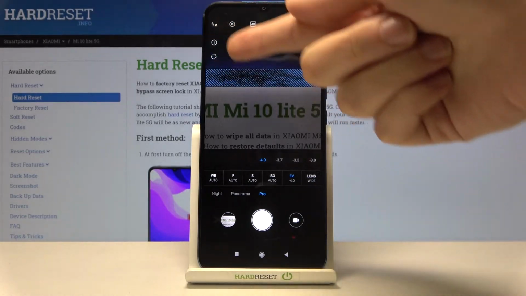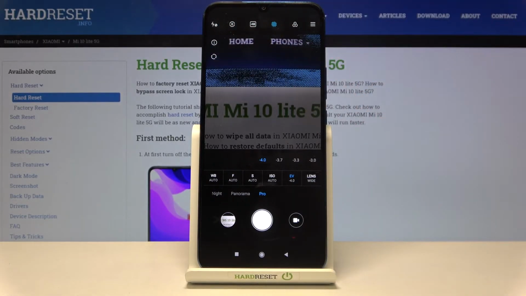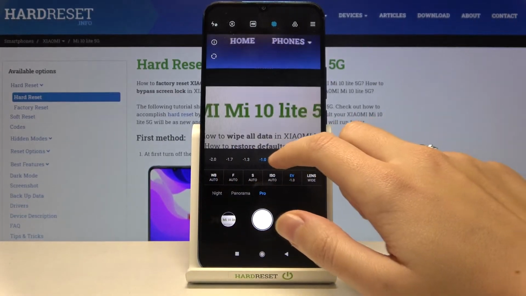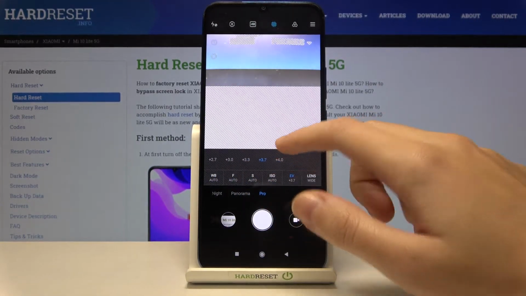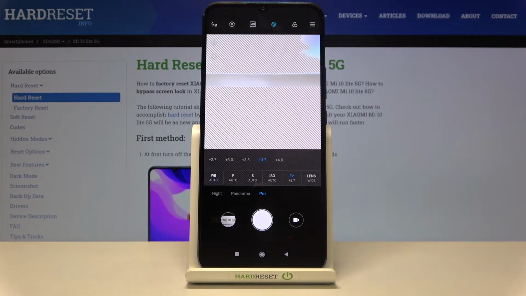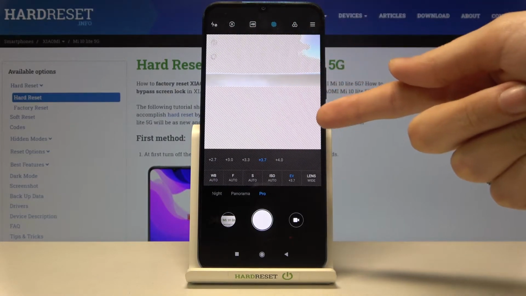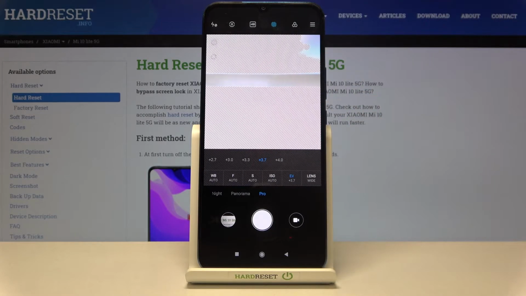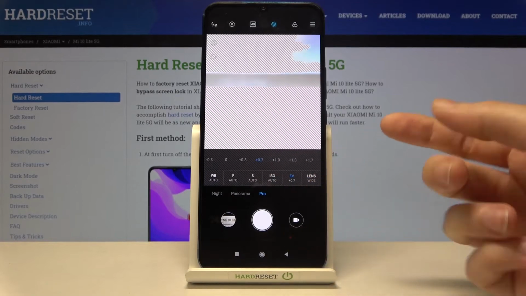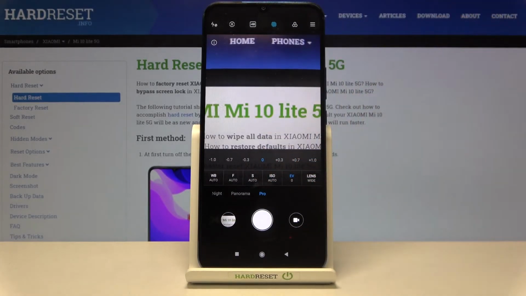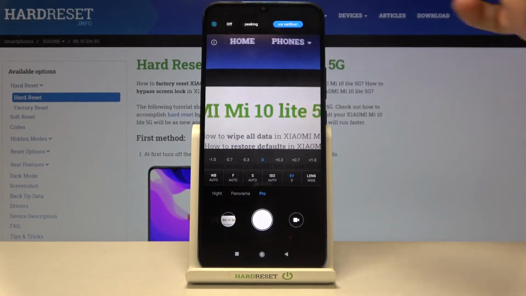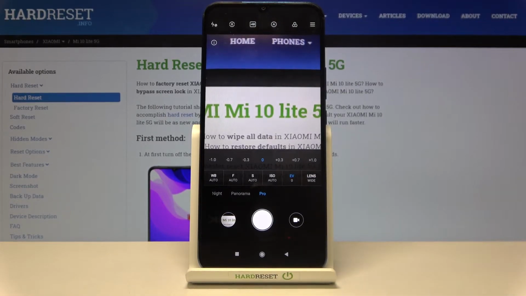As you can see, we have these blue signs that suggest to us the areas in the picture that are too dark. When I go to the right on this slider and make my exposure compensation too bright, we can see these signs and they show us the areas that are overexposed. So this is a really cool thing that we have this, and when we have correct exposure compensation, we can see these signs. Now let's tap on this once again, let's turn this off,